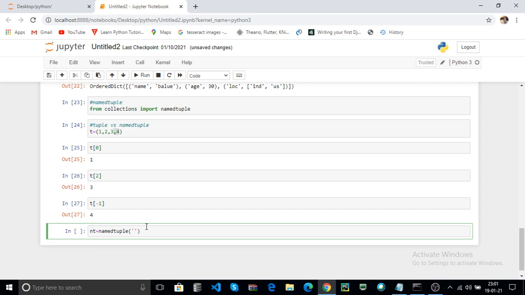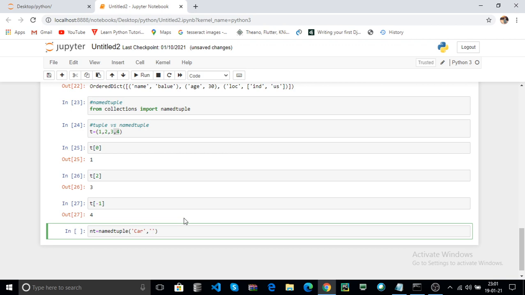For example, you have one car. The car is the namedtuple. The second parameter, you pass any iterable object. For example, if you pass a string, you must add a space.